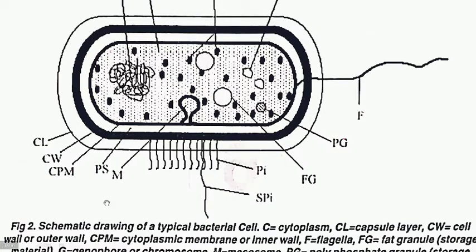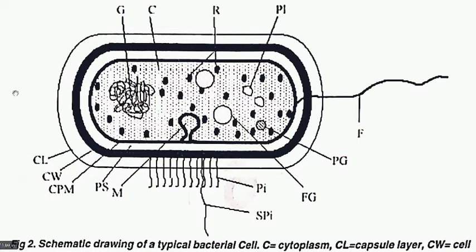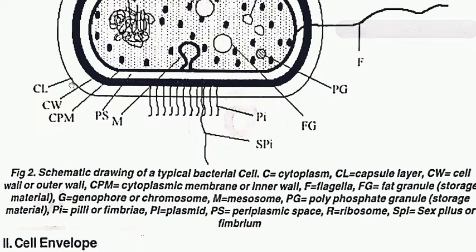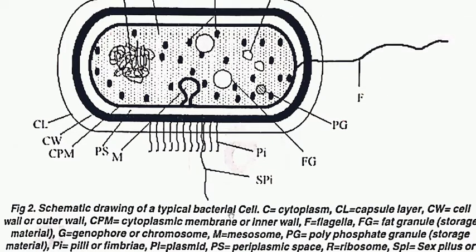Now have a look at this schematic drawing of a typical bacterial cell. Here we can see how the different layers of the bacterial cell wall are arranged. This is the capsule layer, this is the cell wall, this is the cytoplasmic membrane, this is the periplasmic space, this is a mesosome, this is a pilus, and this is the cytoplasm. These are the sex pilus and the fimbriae. This PG is the polyphosphate granules. Hope it is visible. Then mesosome,